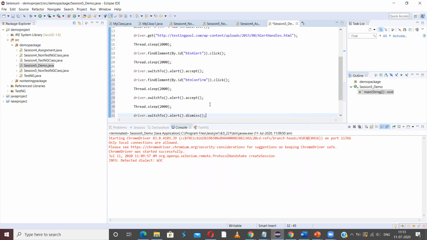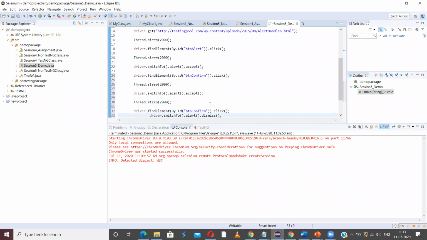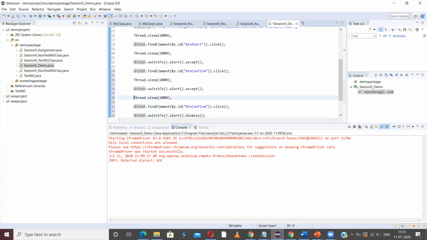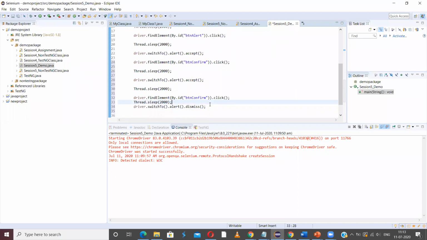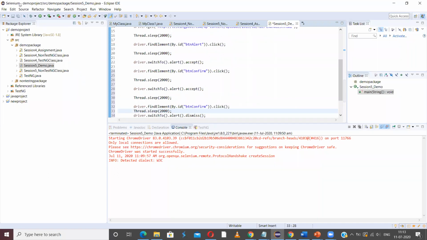In order to dismiss, first I should have this pop-up, right? So let me also click again. After accepting, I should click again and dismiss. Let me also use wait. Let me save this.